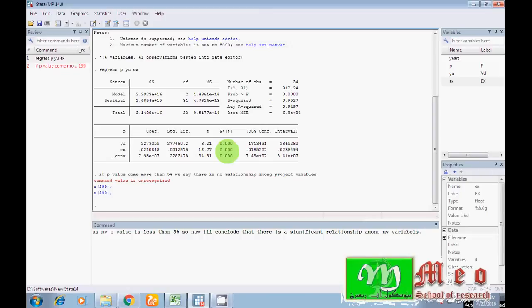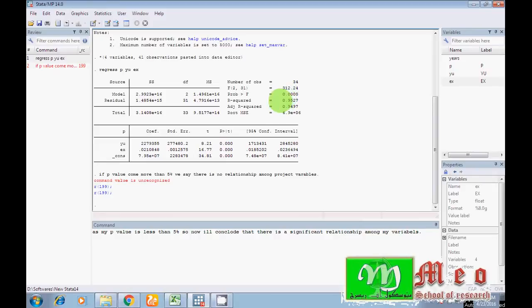I also have other statistics. Look here, number of observations: I have 34 total observations in my data set. Look here, this is the probability value, 0.000, and my calculated F value is more than the critical value. If the calculated F statistic comes out more than the critical value, I'll say the overall model is a good fit.